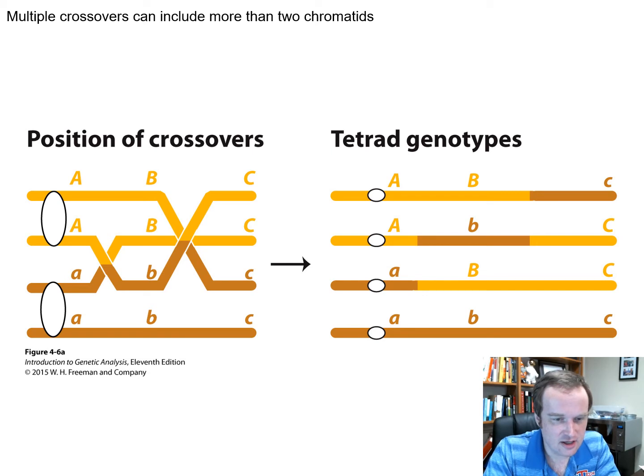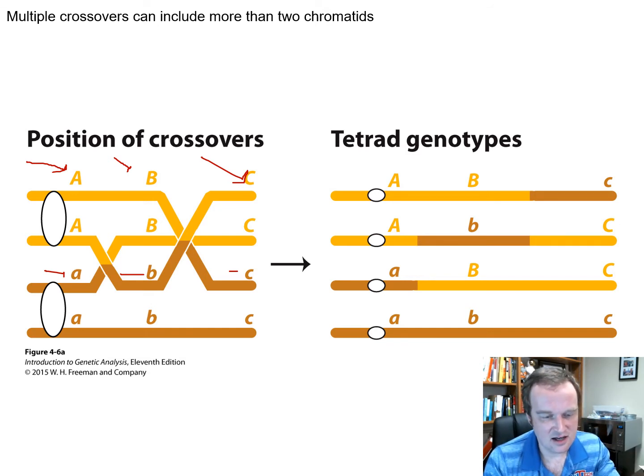So as you can see here, this chromosome is in the middle of meiosis, where we're replicating chromosomes. And we have big A, big B, and big C that are normally all on the same chromosome. And we have small a, small b, small c that are normally on the same chromosome, in brown. But what can happen is we get double strand breaks and invasion of strands that enable additional mixing